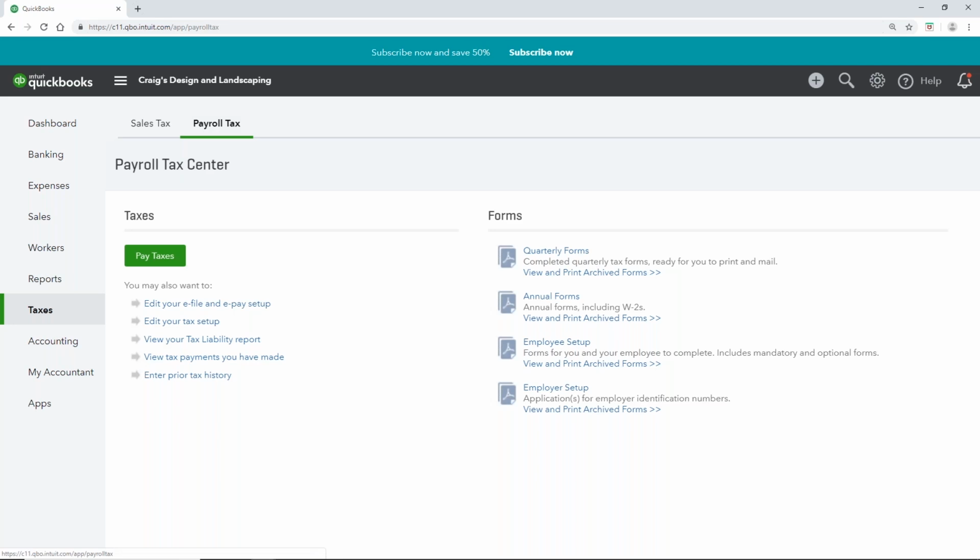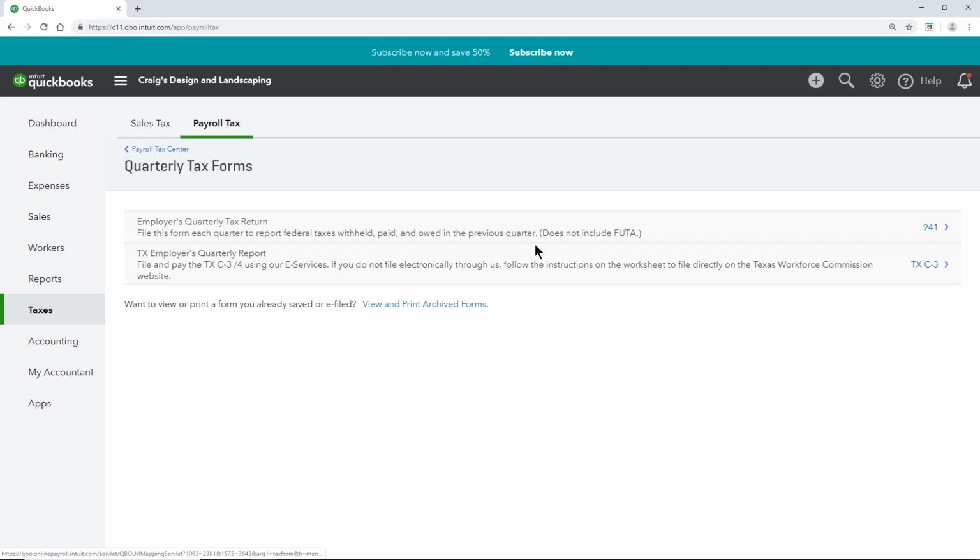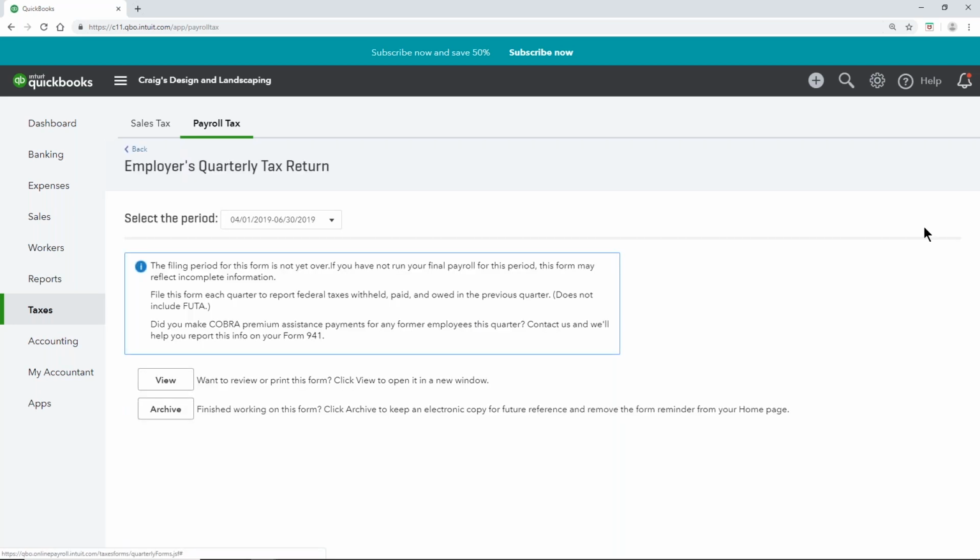What about the tax forms that you have to submit? Because that needs to happen as well. So over here to the right on the Payroll Tax Center, we're going to see our forms. So we have quarterly forms, annual forms, and then employee and employer setup forms. I'm going to choose quarterly forms. Okay, so we have our quarterly tax return for our 941. So I'm going to click on this. And right down here, we can view the form. If we click view,